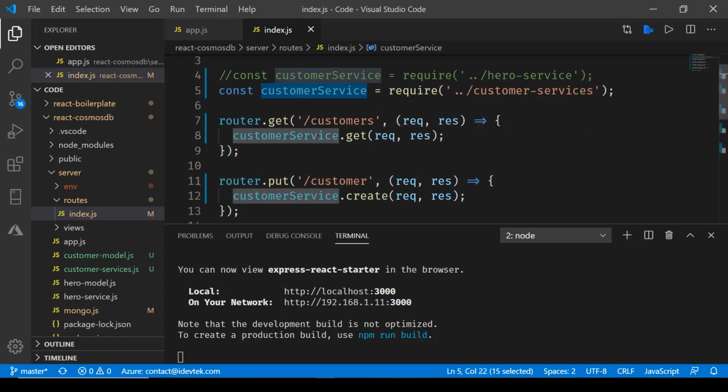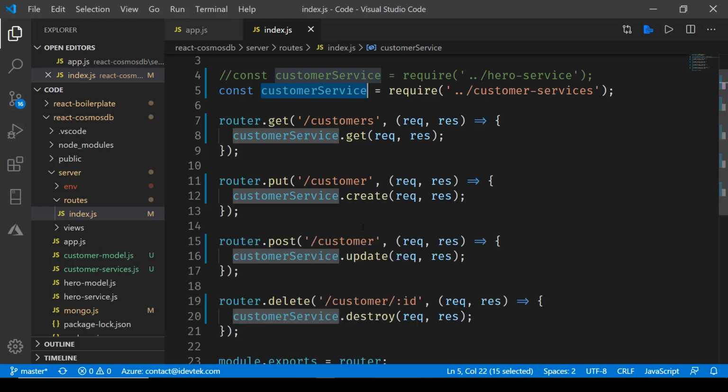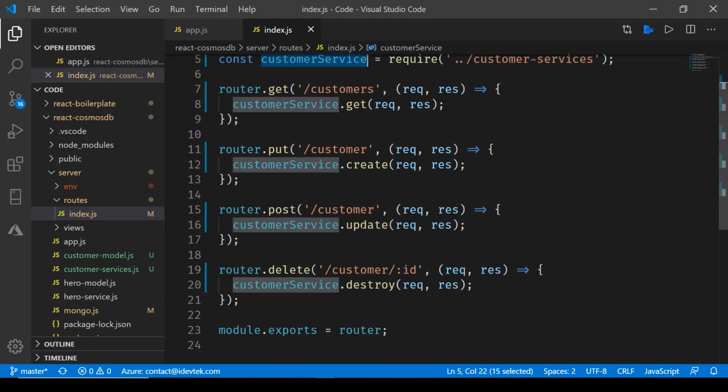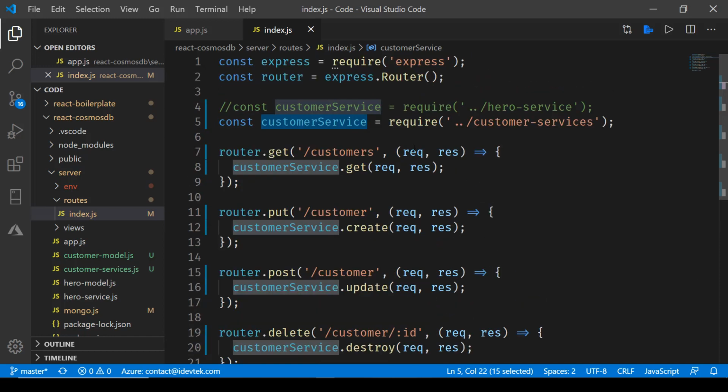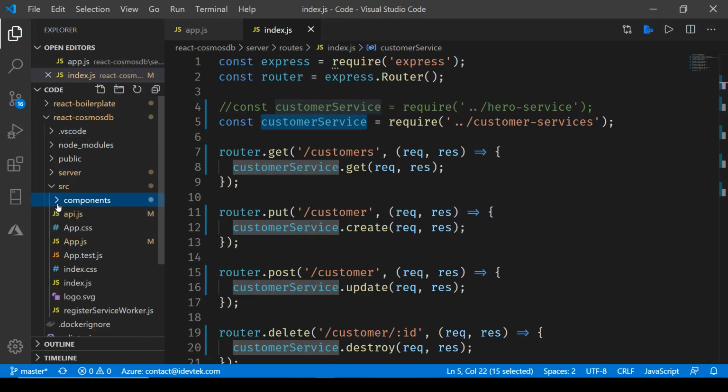And here we have new implementation for all the get, put, post and delete commands. So we have customers, customer, customer and delete. Now for create we are using put, for update we are using post, and for delete we are using this destroy method. Now once we have our implementation in the routes, the next thing that we do is inside the